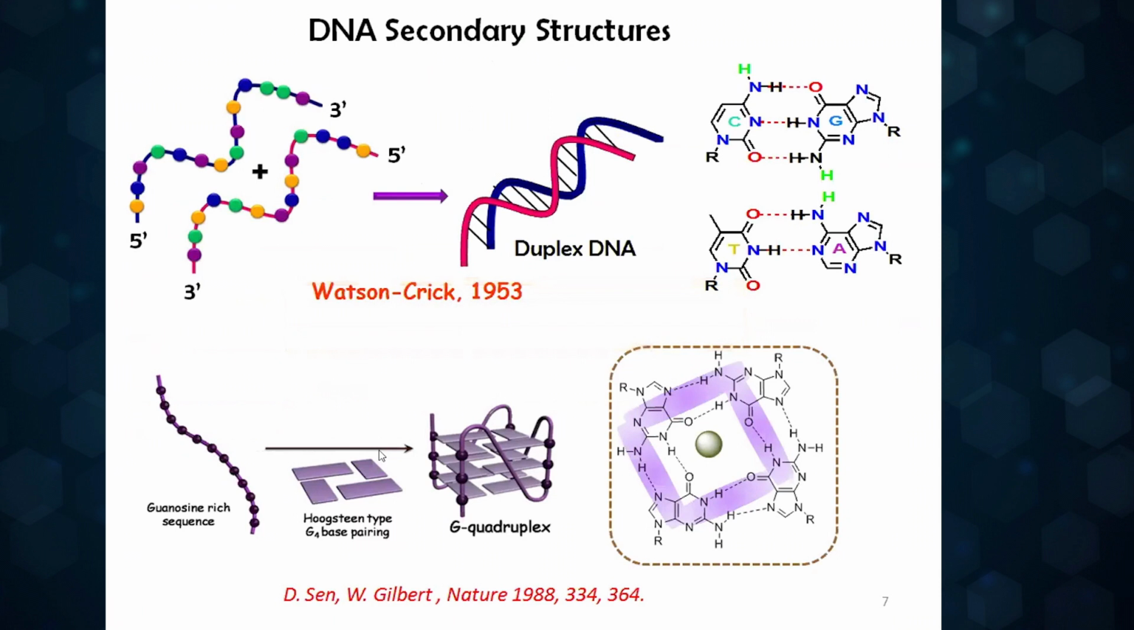So DNA can adopt many secondary structures. In particular, the guanine-rich DNA sequences can adopt four-stranded secondary structures called G-quadruplexes. And as a basic feature, they contain a coplanar arrangement of four guanines, which are linked together by Hoogsteen-type hydrogen bonding. In the presence of metal ions,